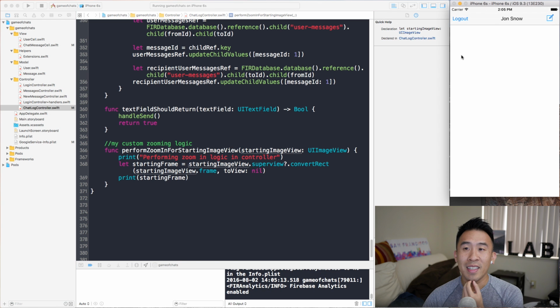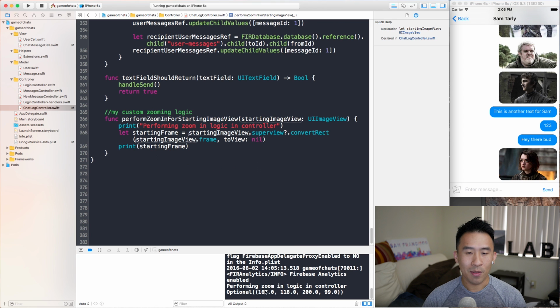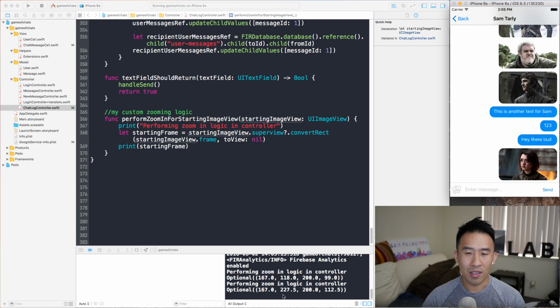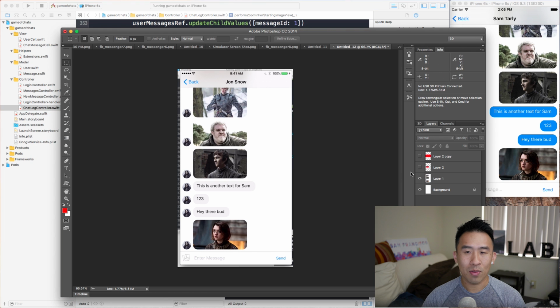We get our Sam Tarley chat log, and if we click this right here, you notice how it says that the frame for this entire cell is at 167, 118. So that's 167 and 118. Click down here. You notice how the Y value keeps going down, which is good. And this is exactly the frame inside of the entire application. And that'll be helpful to us because we will want to add this frame right there inside of the entire